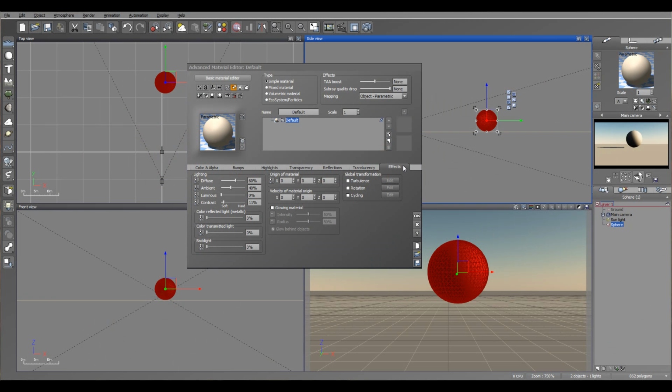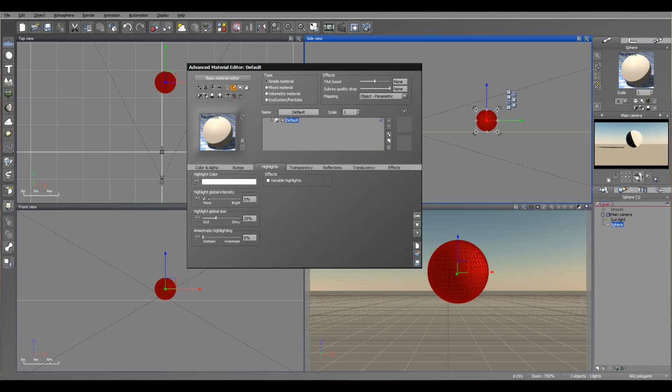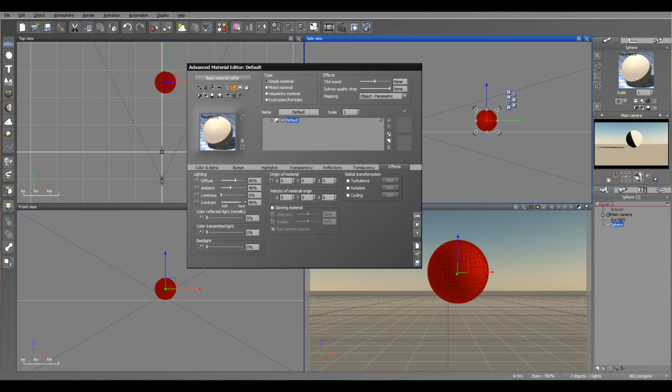Okay, next we have the Effect tab, and this is overall control of the lighting properties: diffuse, ambient, luminosity, contrast. With luminosity increased, the object will start transmitting light. Diffuse and ambient control how much light it will reflect, as well as increase the contrast of the shadows, for example right here. And you want to increase contrast to the max if you want to have this kind of cell shaded effect,